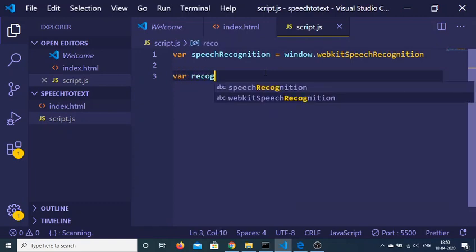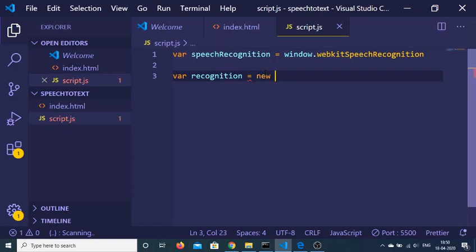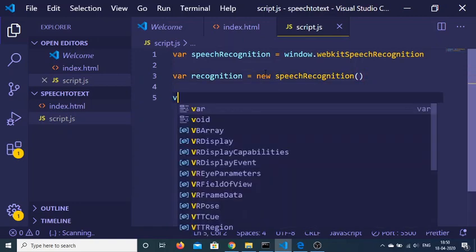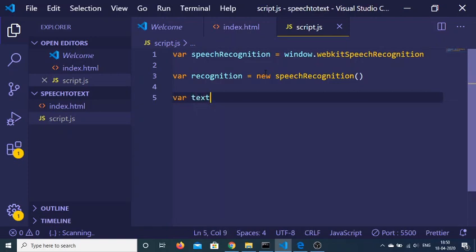And now we just need to make another variable of recognition, and now we need to invoke this constructor like this, speech recognition. So after making this variable, guys, we just need to get the references to our text box. We have given an ID to it inside the index.html.